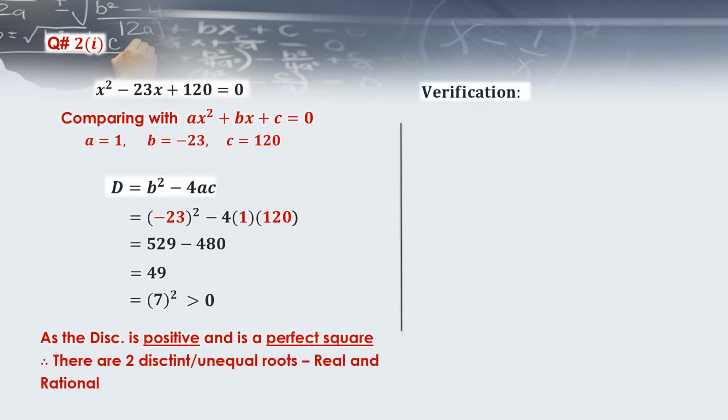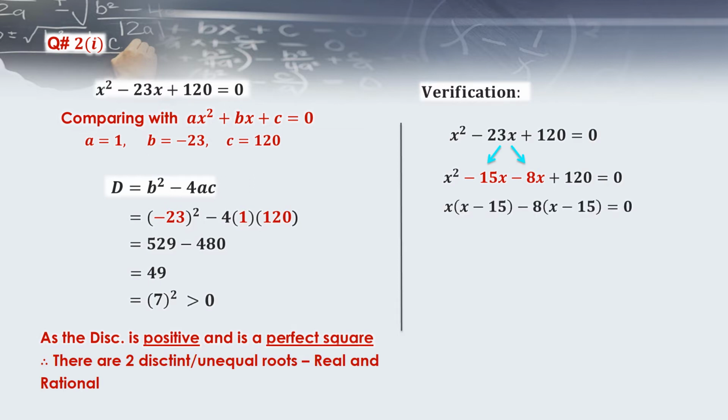Verification. For verifying the nature of the roots, we have to solve this quadratic equation by any of the three methods. I am using factorization to solve the equation x squared minus 23x plus 120 equal to 0. Splitting the middle term minus 23x into two parts, minus 15x and minus 8x. Grouping the terms in pairs, taking the common factors out, in the end we get two factors, x minus 15